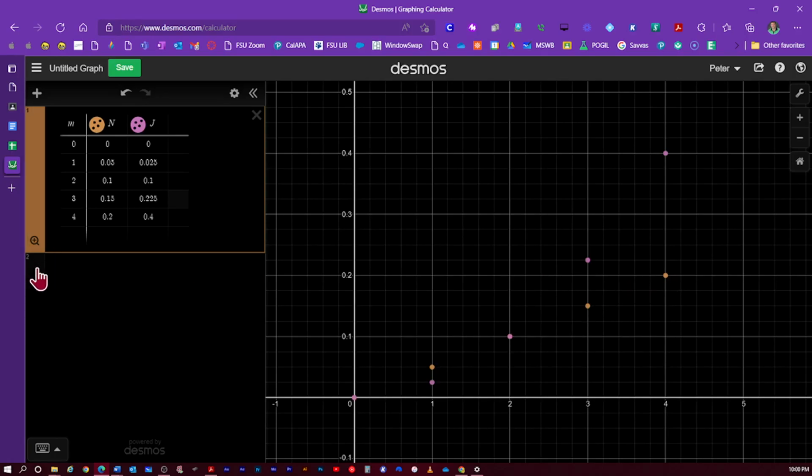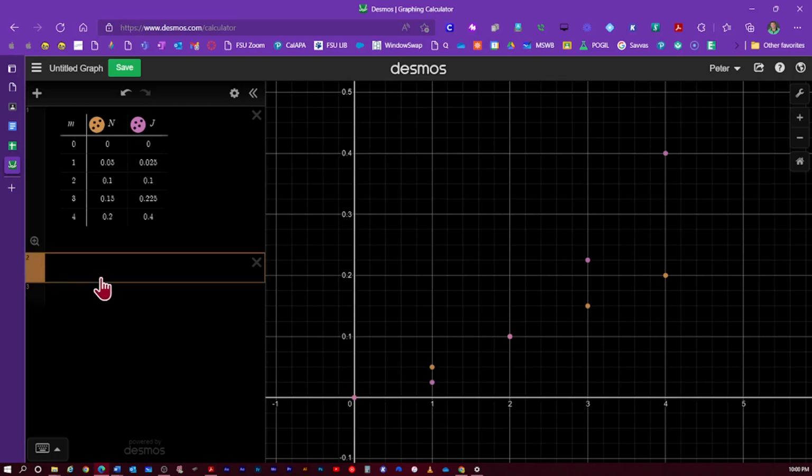All right, so the next thing we can do is we can create a regression line. Okay, so for the second spot, we're going to create a regression line. And so we're going to use the variables that are at the top up here. So this is N for newtons, right? Or it could be F for force, because we know it's going to be in newtons. We're just going to do newtons,